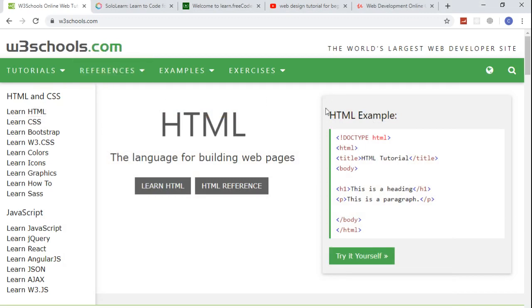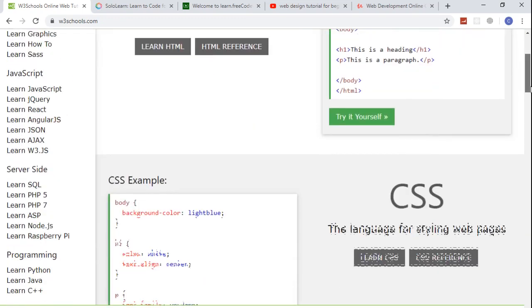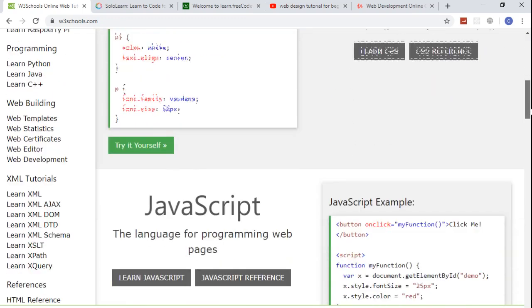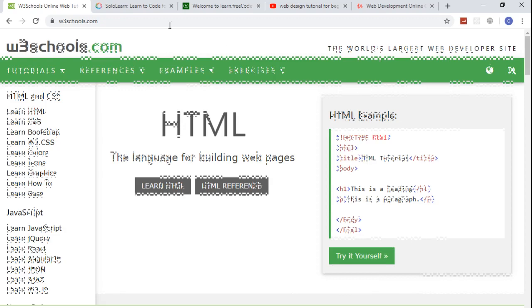w3schools.com, and they have these courses: HTML, CSS, Bootstrap, JavaScript. You can take a look at it, and they also give certificates. Also there is